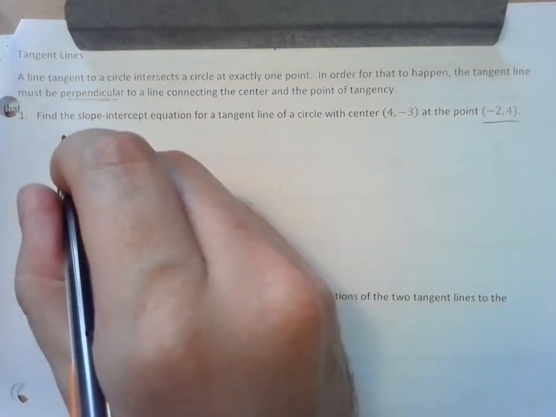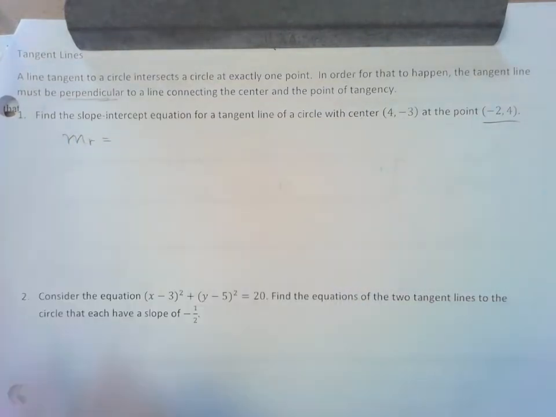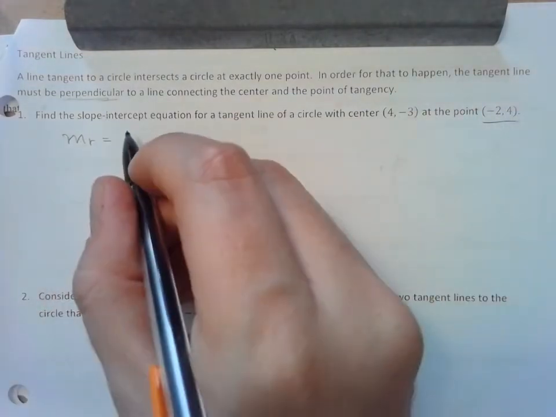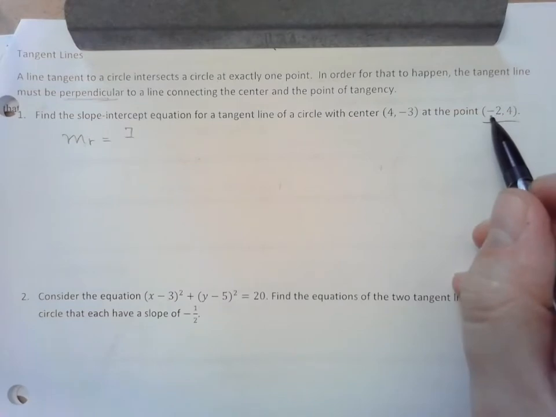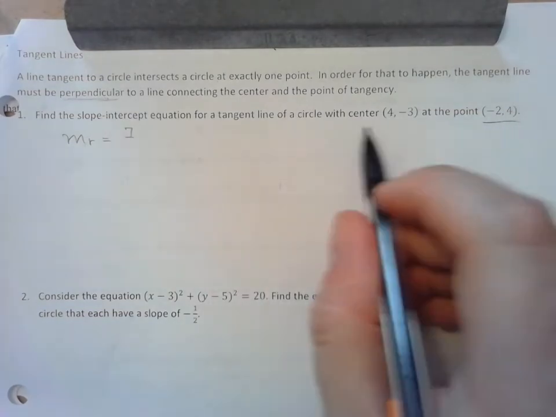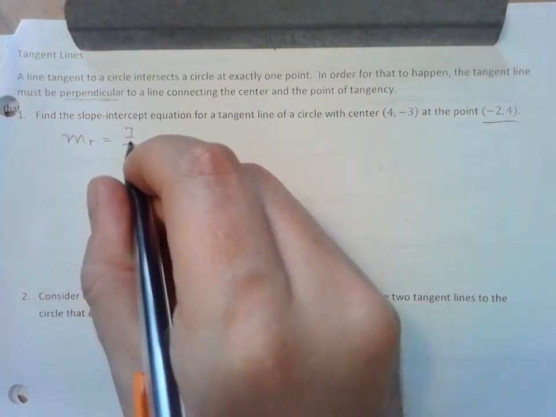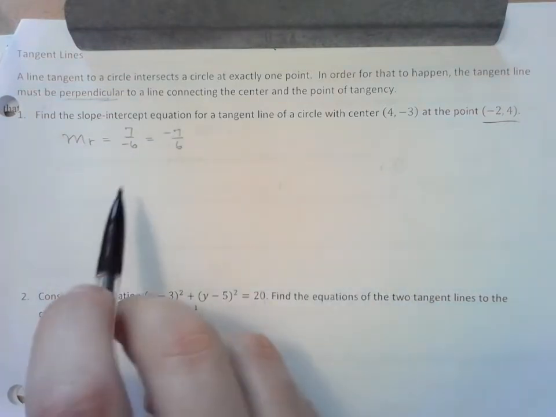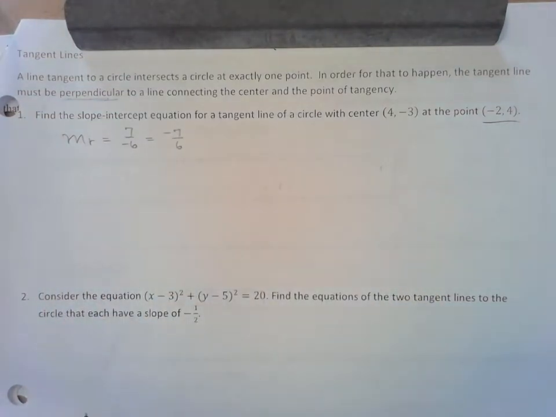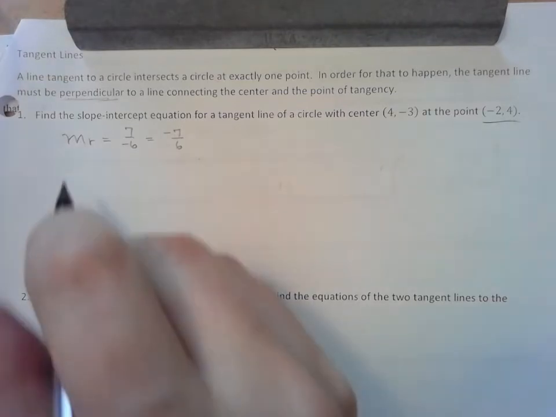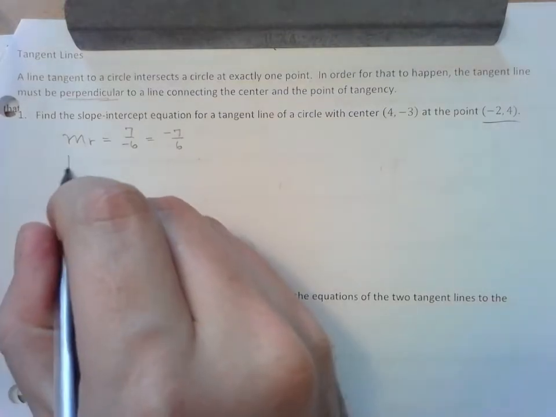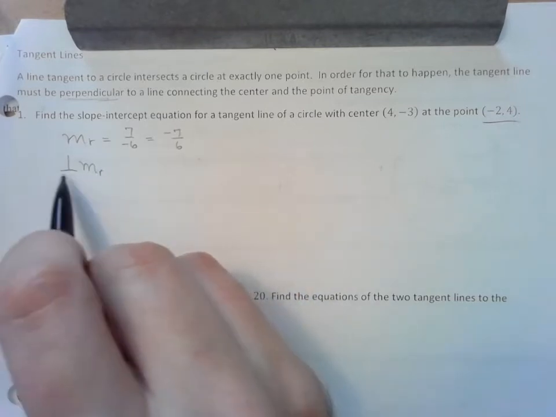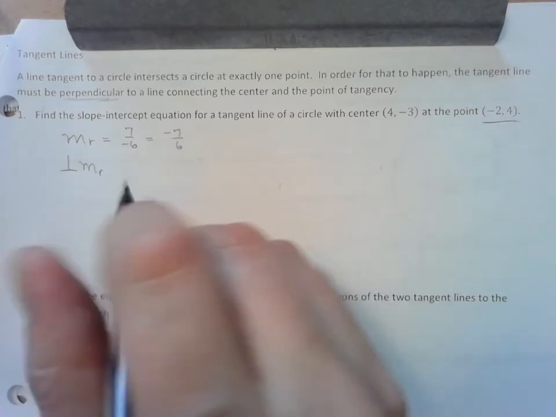The very first thing I'm going to do is find the slope of this radius, doing the slope formula. The change in y, if I do 4 take away -3, that makes 7. Do the change of x, -2 minus the 4 would be -6. I can't really simplify the fraction, but I like to move the negative to the top. I get the slope of that line is -7/6. So that's the slope of the radius. If I want a tangent line, I'm going to find the slope that's perpendicular to the radius, which is the opposite reciprocal,